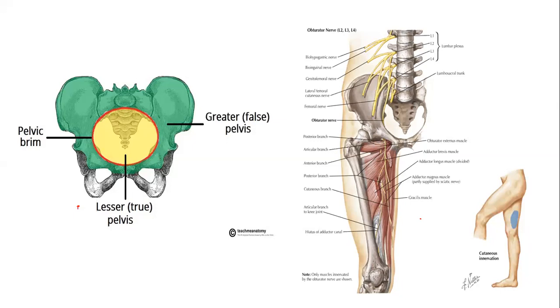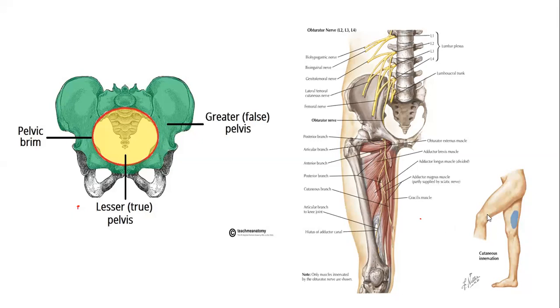which is actually the terminal branch of the posterior division of the obturator nerve, that runs along the femoral artery through the adductor hiatus, running along the femoral artery, exits the anterior medial compartment of the thigh to reach the posterior aspect of the knee joint, which is the region of the popliteal fossa, where this terminal branch from the posterior division continues to pass into the